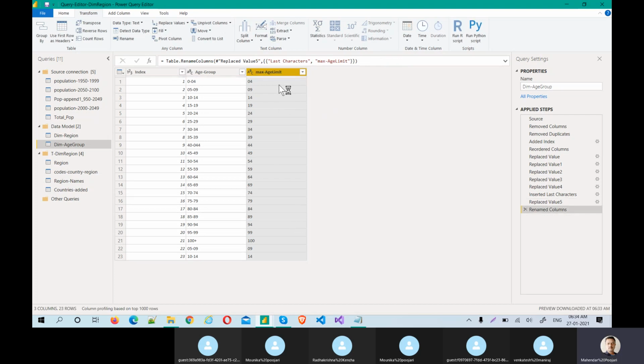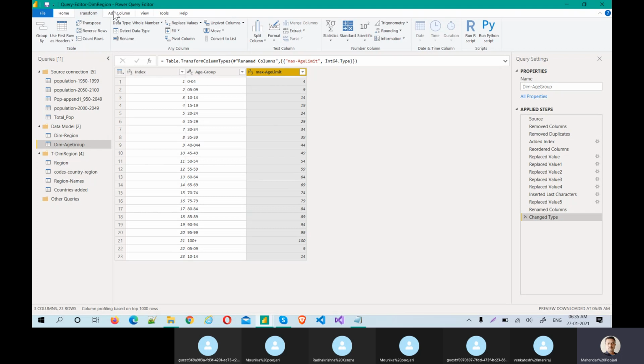Now the data type should be number, because this actually gives the meaning. Let's make that a number before going to a conditional column. Yeah, perfect.